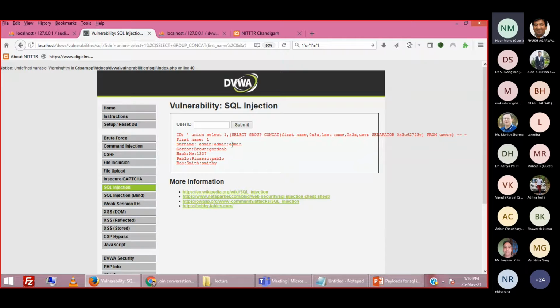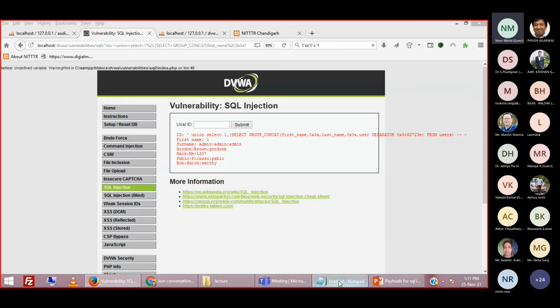But if we think from the point of view of a hacker, he is more interested in getting the username and password, right? So suppose your college website is compromised, your college website is vulnerable. If your student is a hacker, he will get the username and password of all the faculty, right? He can play with your profile, right?